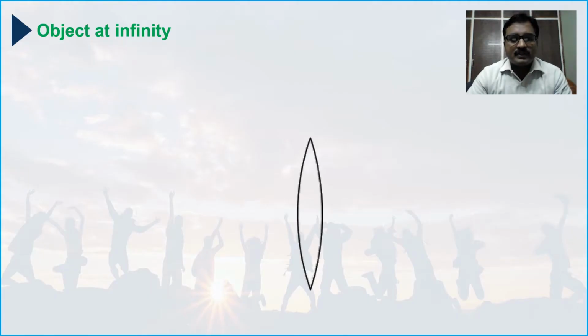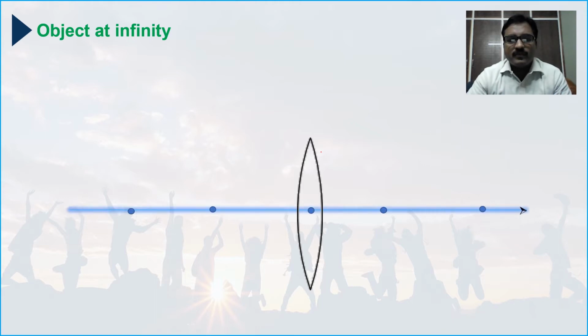This is the convex lens. It is going to have two refracting surfaces. This is one and this is another. Let it be refracting surface 1 and this is refracting surface 2. Here we can draw a line like this. This is the pole of the lens, passing through the pole and horizontally. The line is called principal axis.